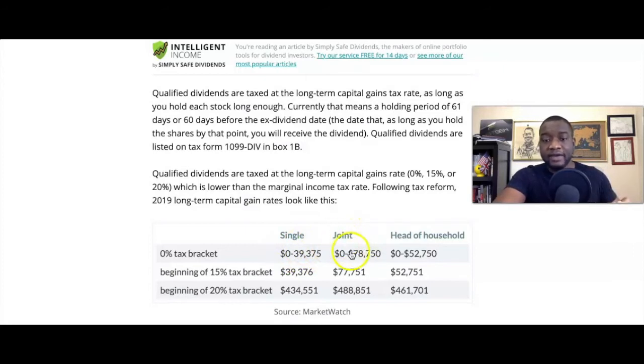So now, if you're married, maybe that's one of the good reasons that you should be married. I'm not married, so I should give myself the advice. But yeah, if you're filing jointly with your partner, the first $78,000 in dividend payments is not taxable. You pay zero taxes on it, right? And then if you're a head of household, if you're looking after someone and you're single and filing as head of household, then the first $52,000 you do not pay taxes. You pay 0 taxes on it.